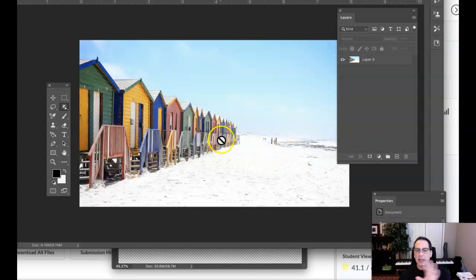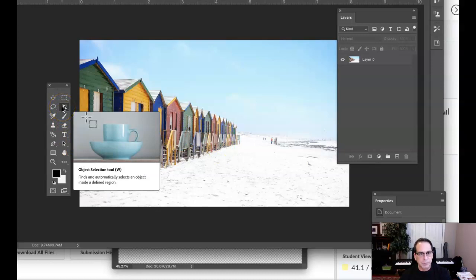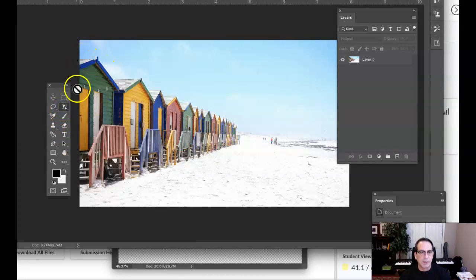And again, I'm not shooting for a perfect selection here, but I'm just going to go to my object selection tool. I've got my layer selected, so we can come over here once I select that layer. And again, just use any masking technique you feel most comfortable with. But let's go ahead and